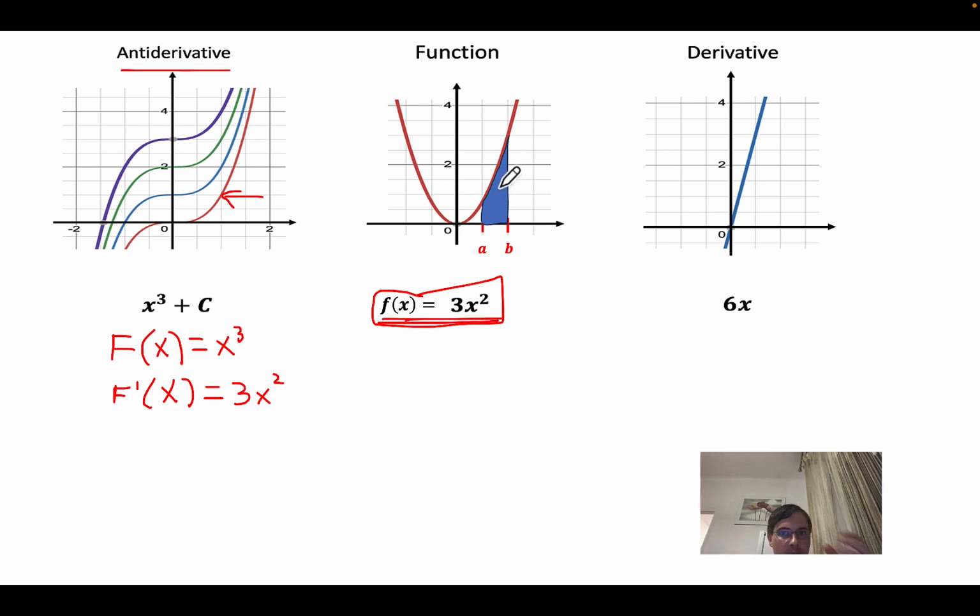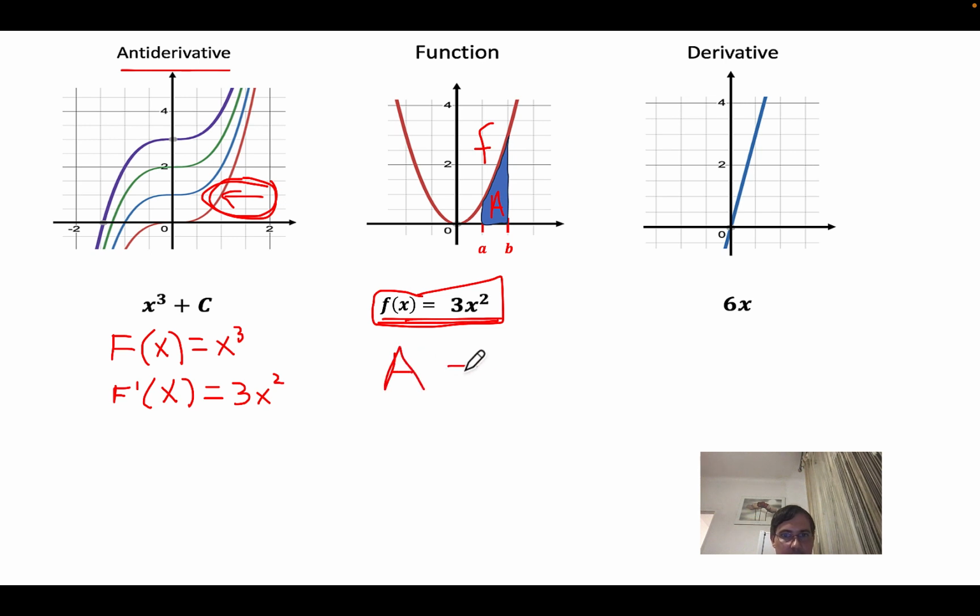So how do we compute this area indicated here by this blue color? All I have to do is take one antiderivative of this function f. So here's my function f, small f. And I have to take one antiderivative, any of those. For simplicity, I'll take the one with constant c equals 0. But we could equally well take any other. And then this area, let me call this A. This is the area of interest. Then this area A,